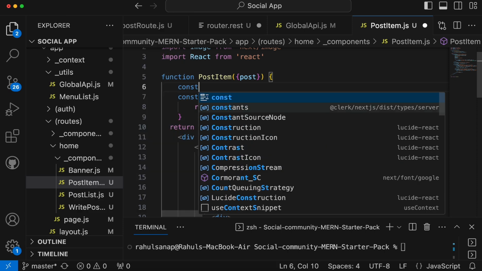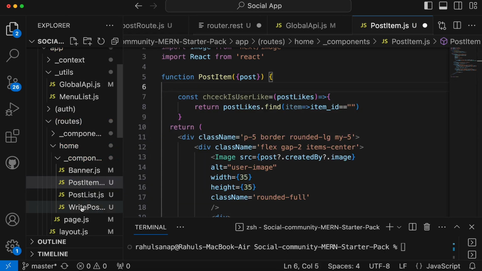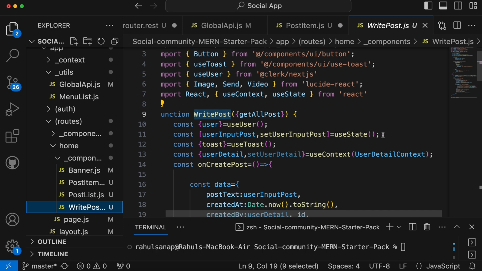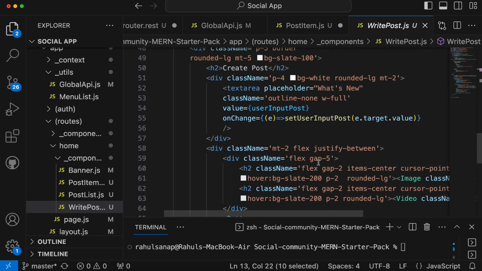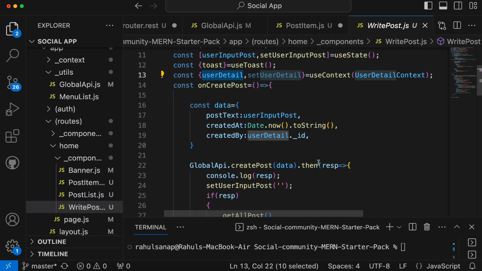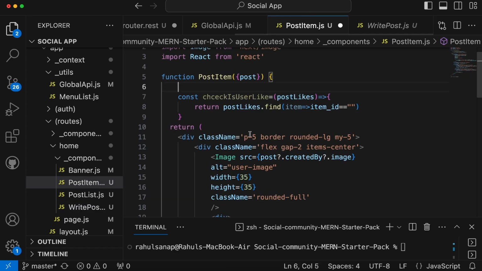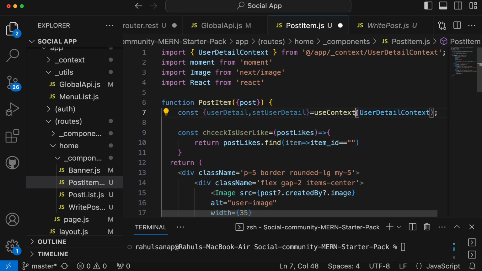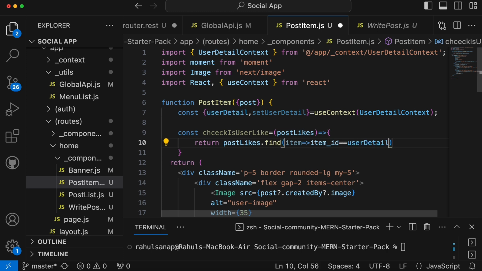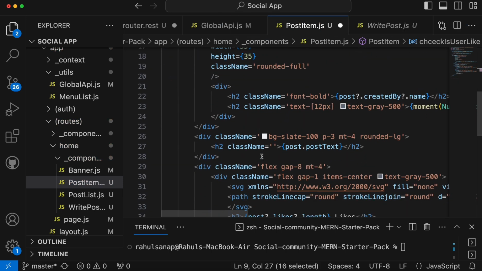So here we need the user's information, so let me import that from the use context. Here we use this user detail, and the same thing we'll pass in the right post. Let me copy this one and paste it here so that we will get the user details information. Let me import this context and the use context. From this user detail we'll get the user ID, so it will be dot underscore ID, and we'll call this method